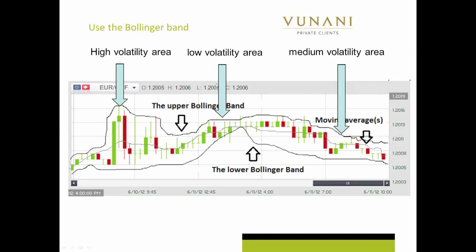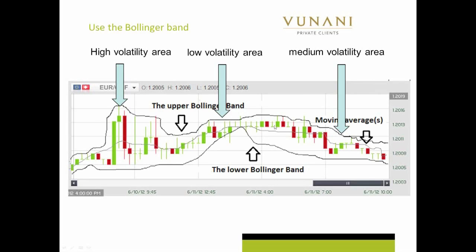The more cautious trader would like to trade in periods of low volatility. So the Bollinger Band gives you a nice visual to get in and out of trades. You typically like to get in at the midpoint and trade up to the top band. If it goes to the bottom band, you stop out. Or if you had gone short on this trade, you'd have taken profit here and stopped out on the top band. Nice and easy to trade. But then you can see it started widening again.